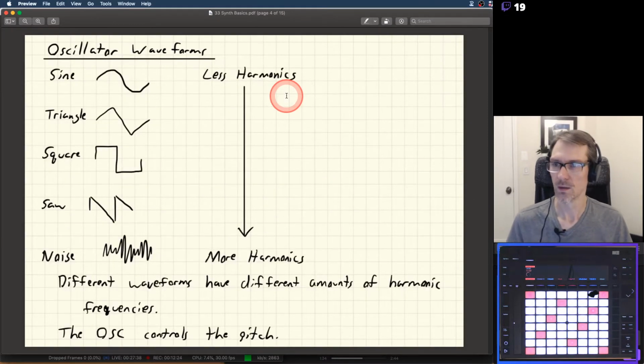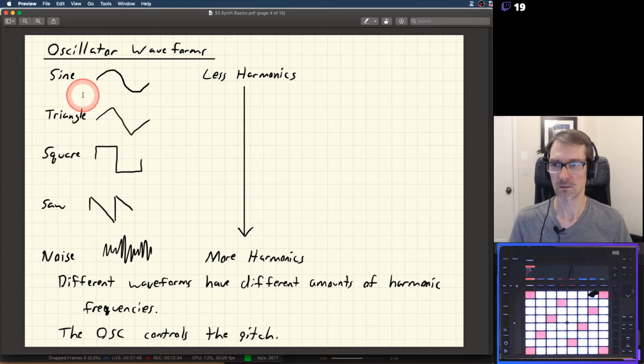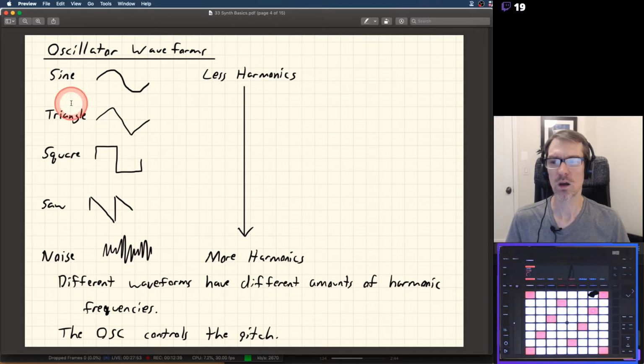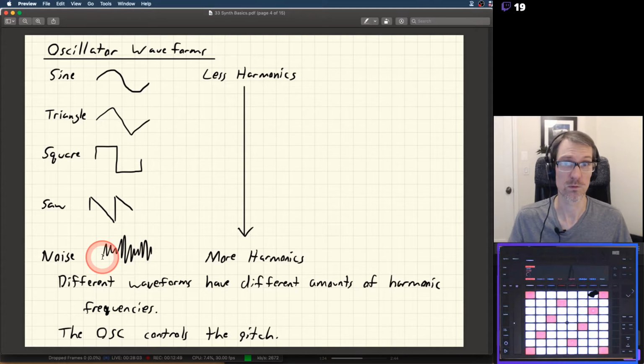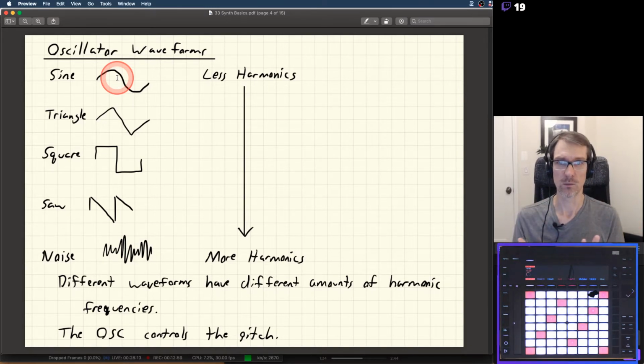All right. So here's our different oscillator waveforms. Now this is from a basic analog synthesizer or a basic analog emulation synthesizer. It has these main types of waveforms here. You've got sine wave, triangle, square, and sawtooth. And as we go through from start to end, it gets from fewer harmonics to more harmonics. Whereas with noise, it's just all the harmonic frequencies playing at the same time. So it's just noisy. The more harmonic frequencies you have, the more the filter, which comes later, will affect the sound. For example,